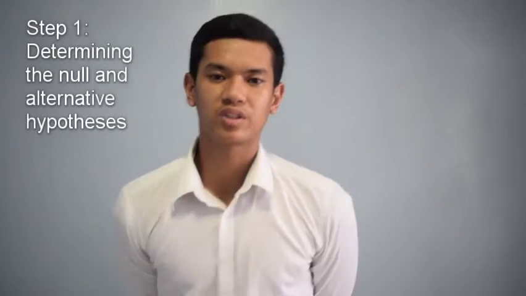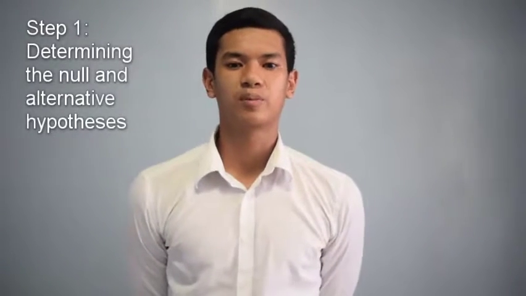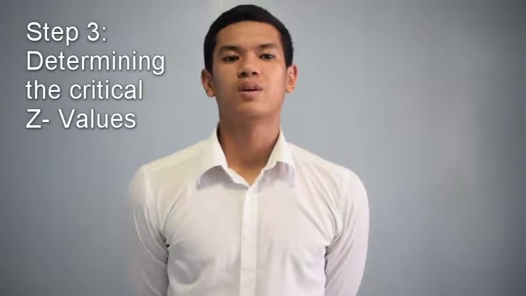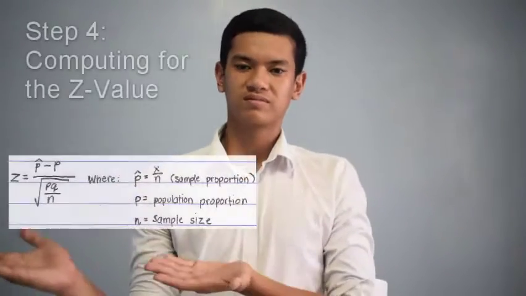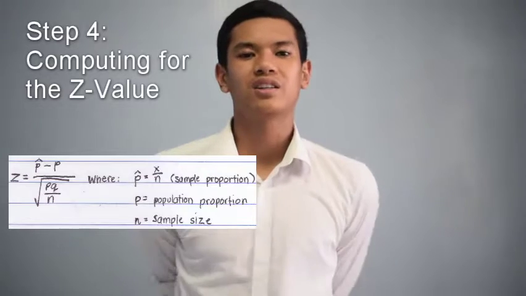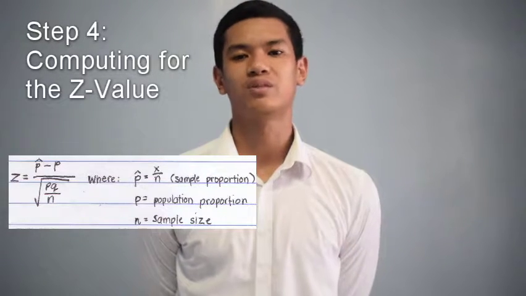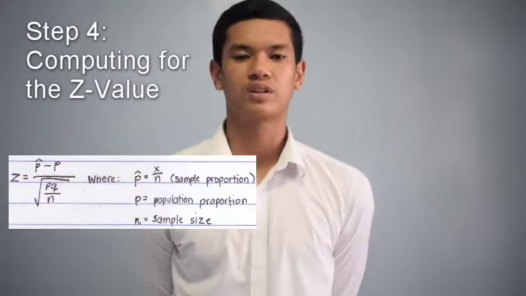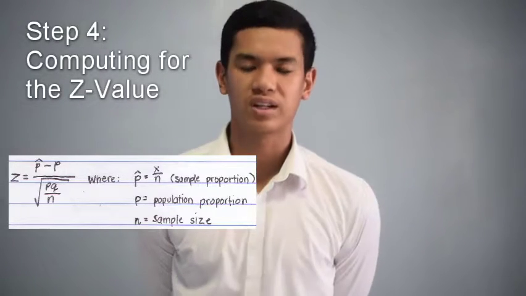For the first step, you determine your H0 and HA, the null hypothesis and alternative hypothesis. Second step, you determine your alpha value and what type of test, either one-tailed or two-tailed. For the third step, you determine your critical values, wherein it is possible you can reject your H0. For the fourth step, you use this formula. p hat, the sample proportion, minus p0, the population proportion, over the square root of p0 times 1 minus